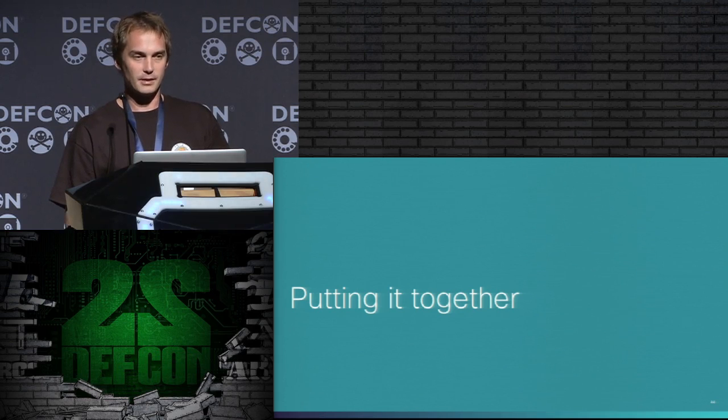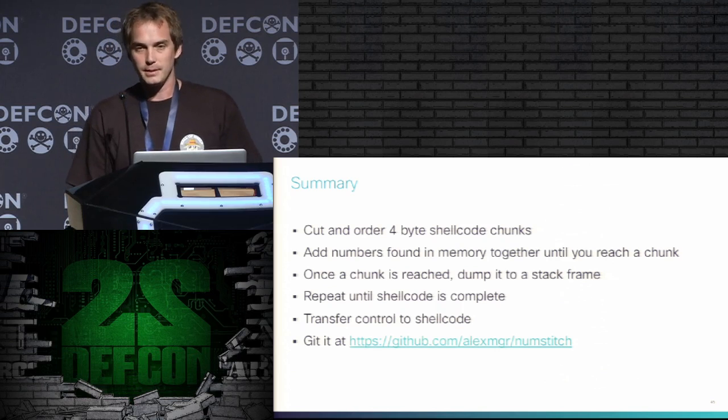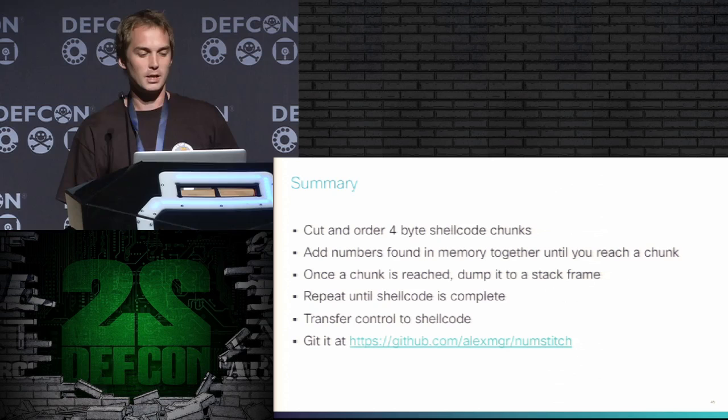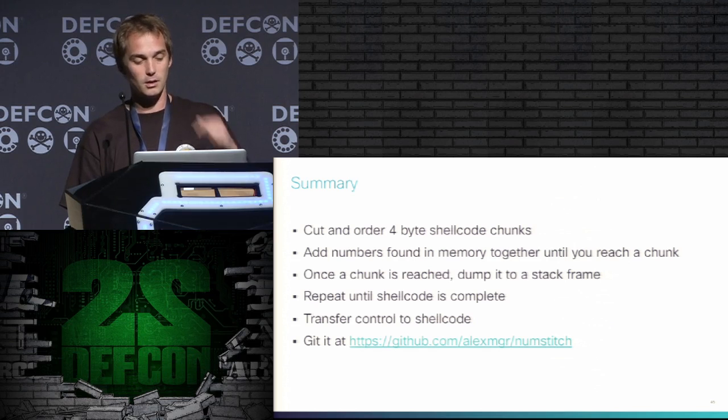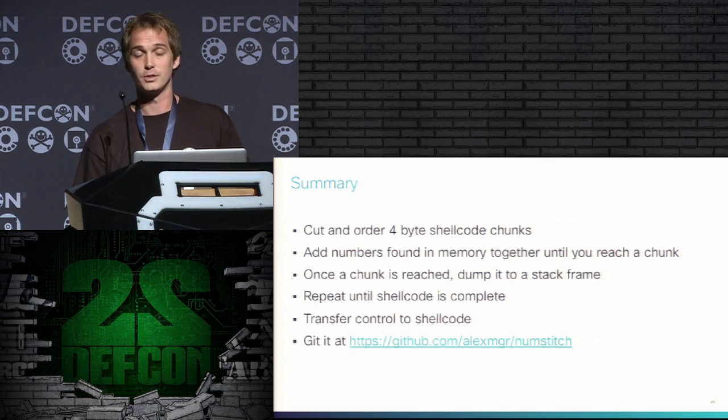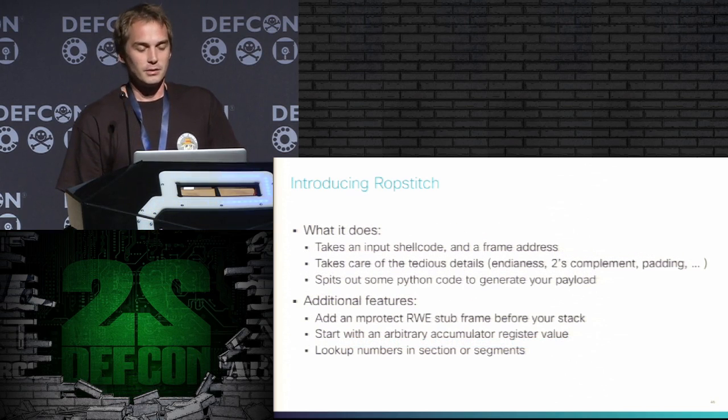Okay, so if I put all this together, you take your shellcode, you cut it, you order it, and you take the deltas. You look for numbers in memory, and you add them together until you reach the value of a chunk. Right? So here it means you've reached the value of your shellcode. Once that chunk is reached, you just dump it onto a stack frame you control. And you repeat that until the shellcode is complete, and in the end, you just transfer control over to your shellcode. So I wrote a tool also which automates all this process,